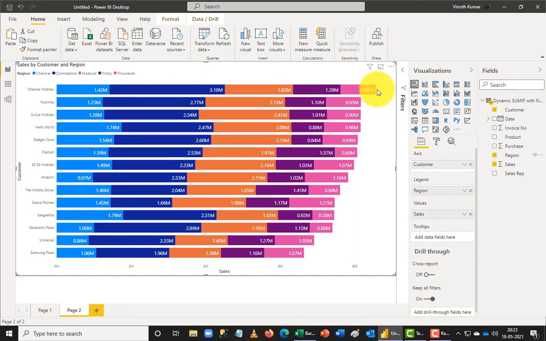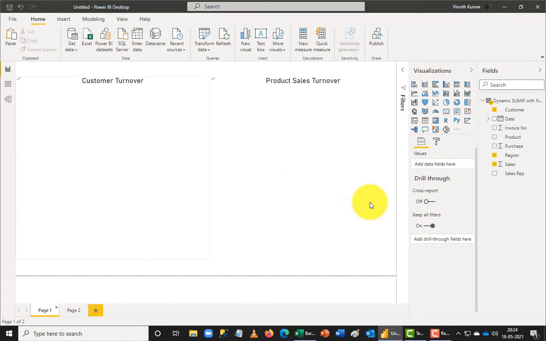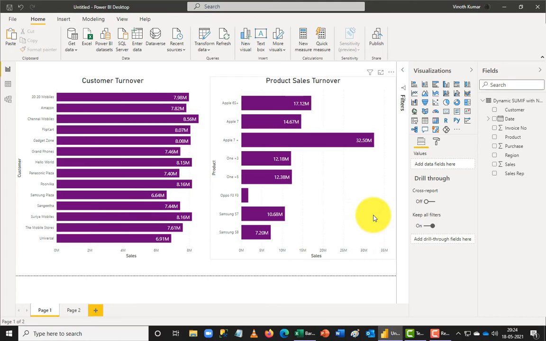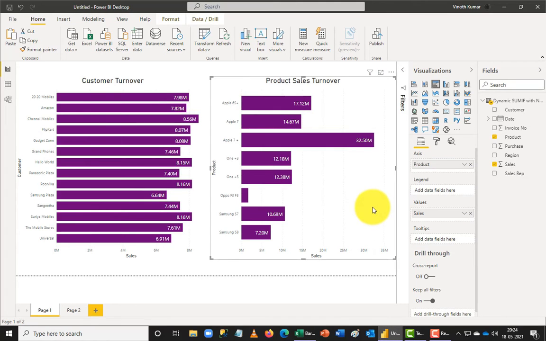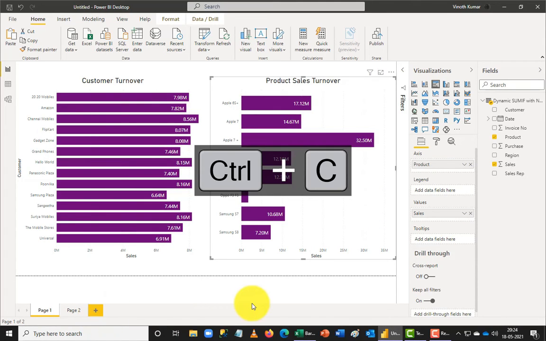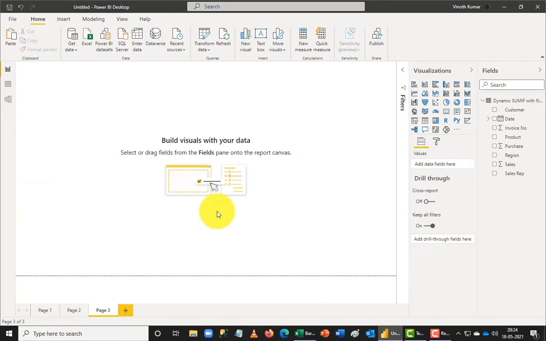When I place the cursor on the point, you can see that it is showing you the values of sales very clearly here. So if you want to add something else, you can definitely add them here. So this is the way I can build another point also. Now I want to see the same component in the product point, so I'm going to click the product point, copy it and add it to a new sheet and paste it here.